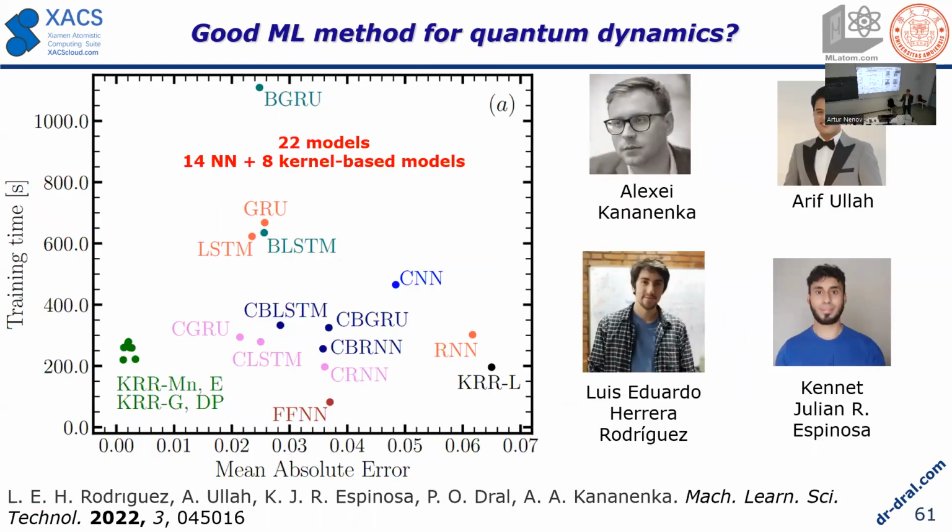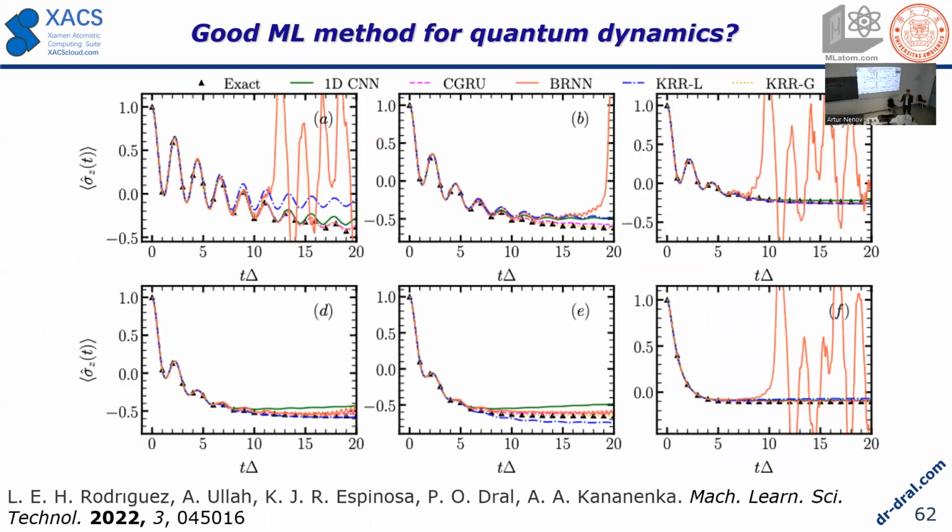We checked them. The bottom line here is that you don't need all the fancy methods. Sometimes, again, the kernel method works the best. So here is one fancy method which is completely wrong. This is a bidirectional neural network, so the recurrent neural networks. That means that for machine learning, you don't always need to get the most fancy model around. Even linear regression here works better than this fancy model. So it depends on your problem.